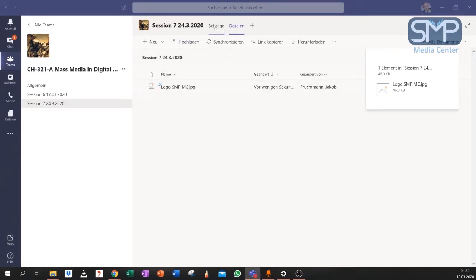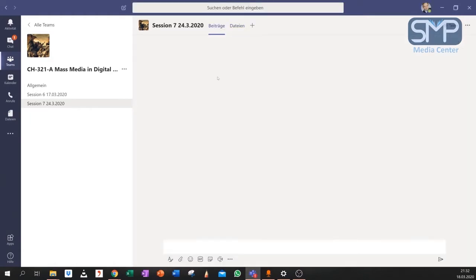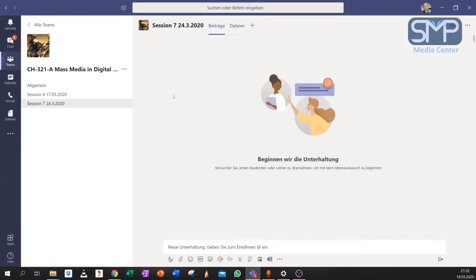They cannot delete or manipulate or change the files you put here. For example, in general, you want to have the syllabus there and readings that are good for all the course. But for your session here, you might have specific readings that you want students to prepare with. So the next thing you want to add is